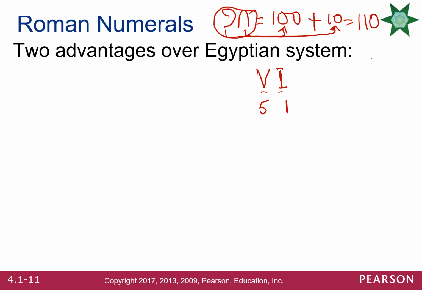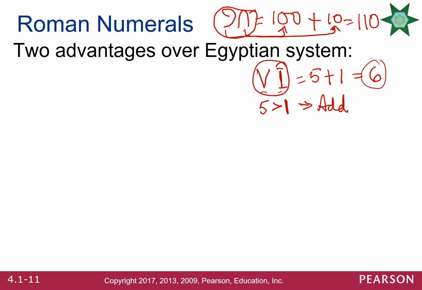If the value of the numeral on the left hand side is greater than the value on the right hand side, V is greater than I in the Roman system, then we go ahead and add the two values. So it's going to be 5 plus 1 equal to 6, and that's the value of VI,